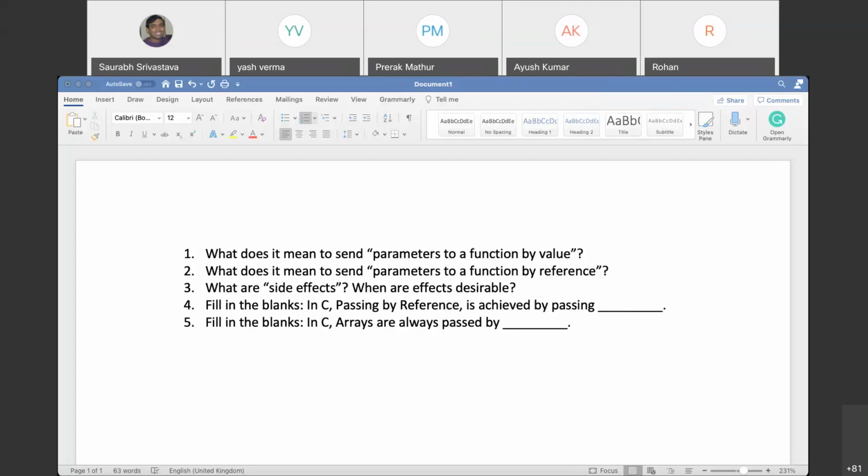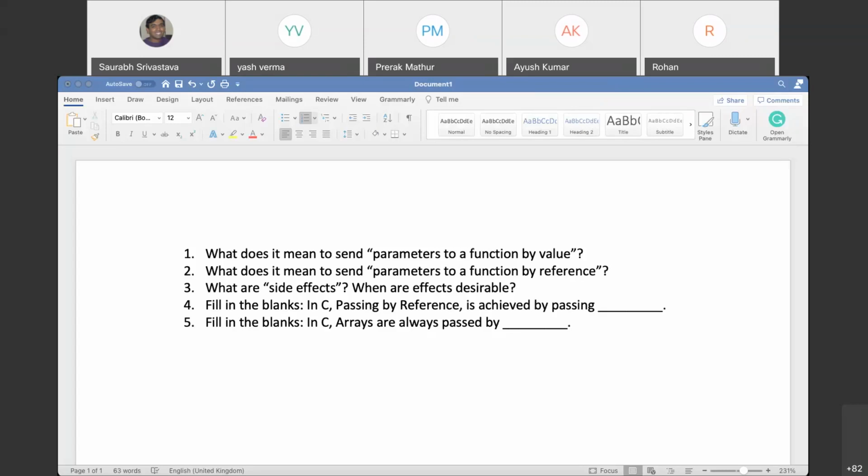Now, for the next question: when we call the function by value, we usually copy that same value to a new memory location, and we do the operations there. After the function returns, that memory location is freed, and our changes are gone. So if we are doing some operations on an integer value and want those changes saved, we pass the parameters by reference. So what does passing by reference do? It does not copy the value to a new memory location.